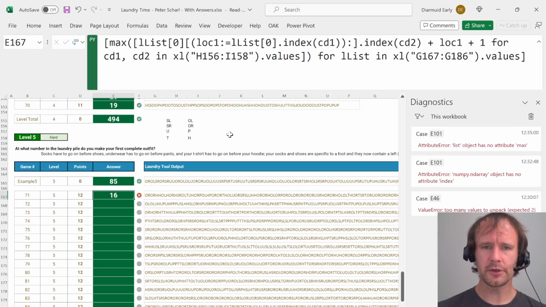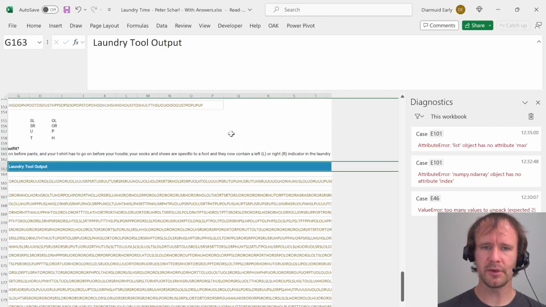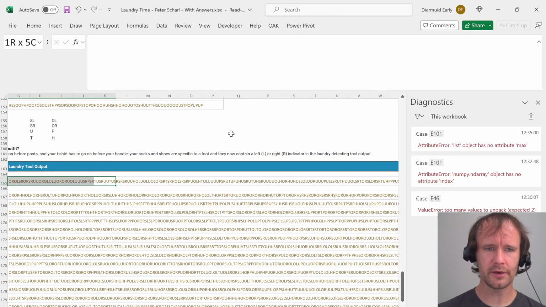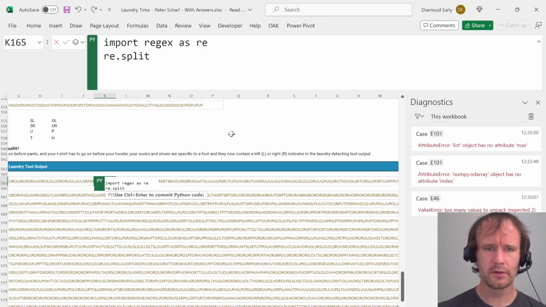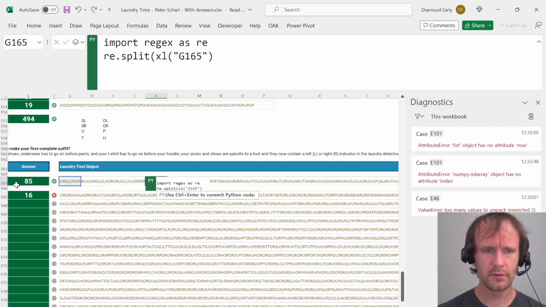So first thing is I want to test out this regex thing because it's magic, but I need to double check that I know how to do it. So I think it's, first I need to import something which I think is called regex as re, and then I think re.split. Let's just do this. And for now, let's just say I'm splitting it on,